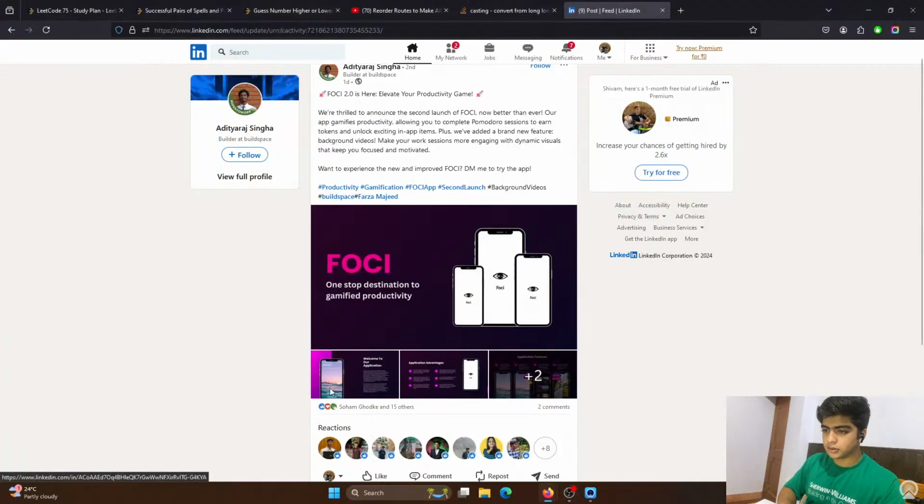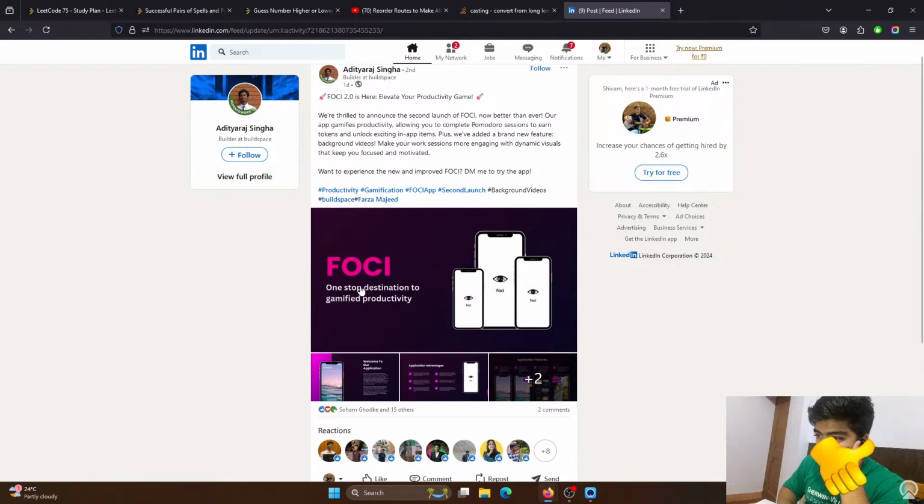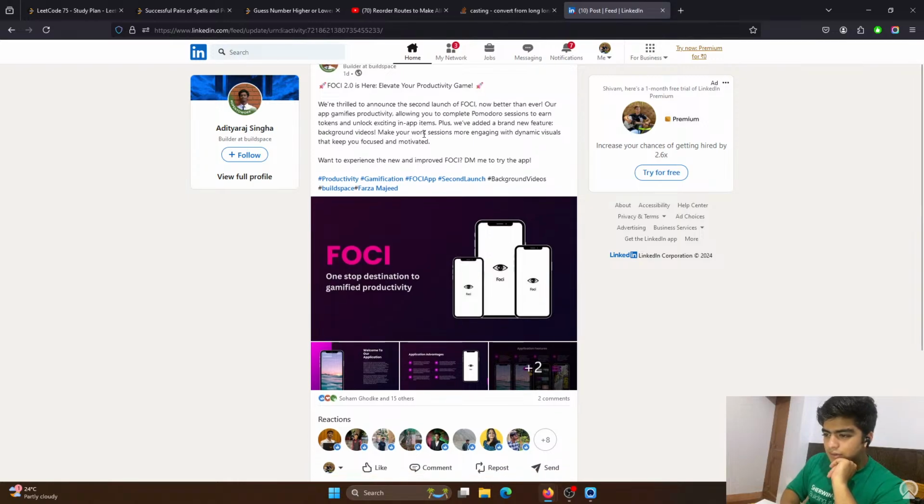Where is the window capture? I don't want the window capture. Display capture. Alright, we are thrilled to announce the second launch of Foci, now better than ever. Our app gamifies productivity, allowing you to complete Pomodoro sessions to earn tokens and in-app items. Plus, you have added a